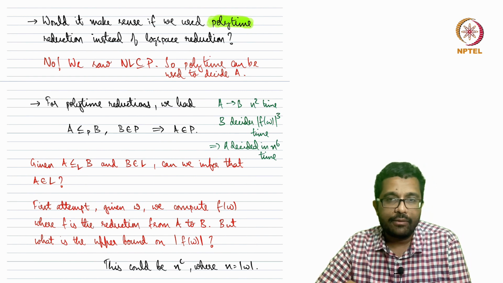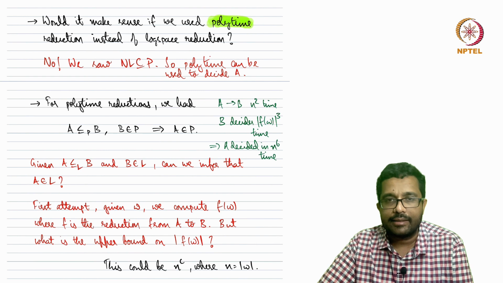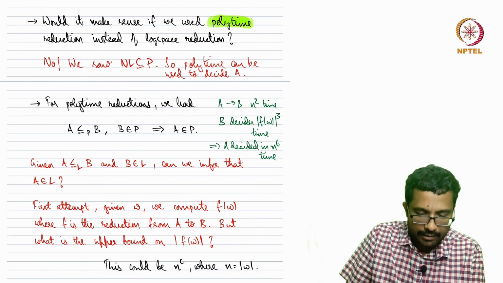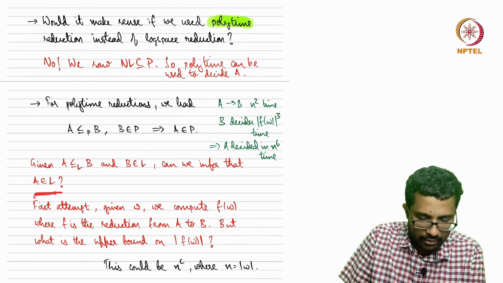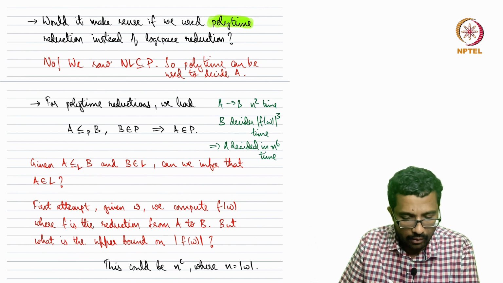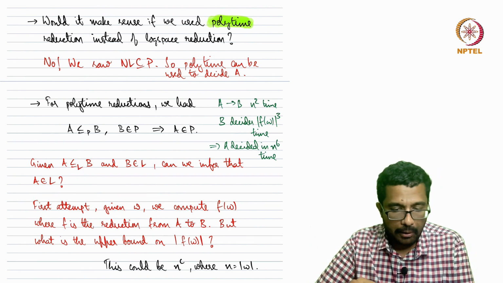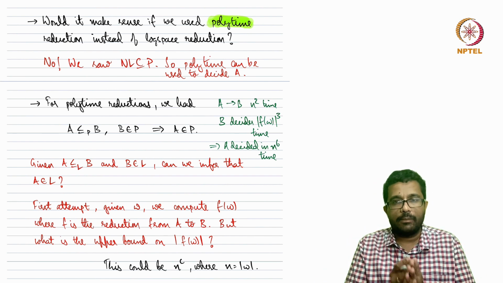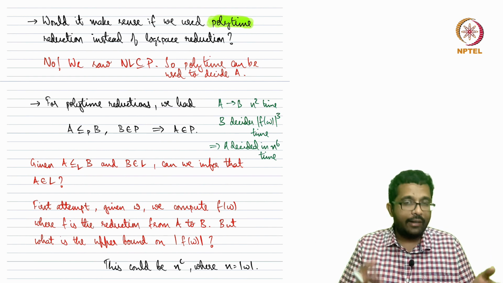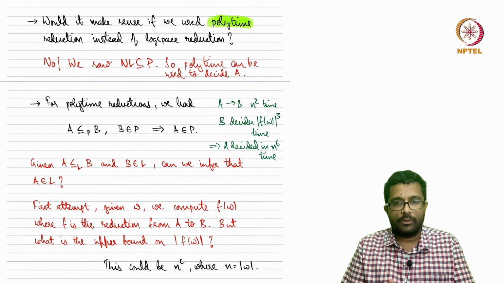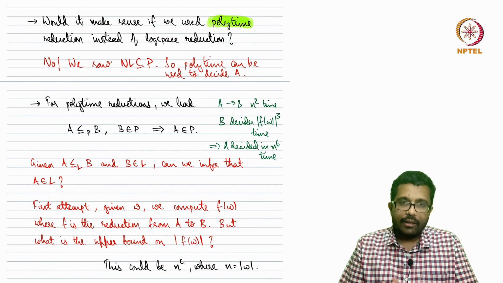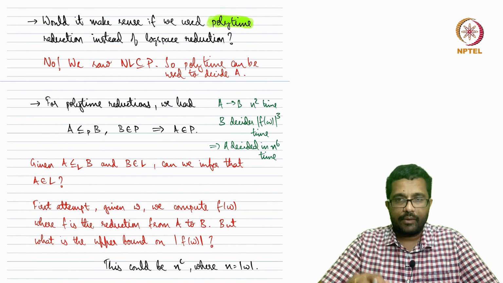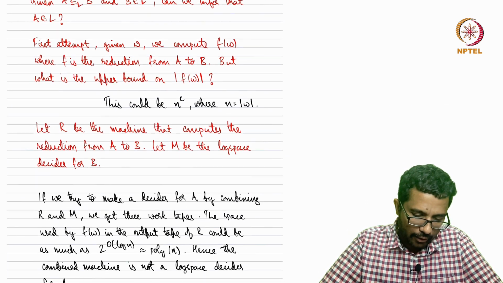Now can we say the same thing? Otherwise the reduction is meaningless, right? Given A reducible to B in log space and B is in log space, can we infer that A is in log space? So let us try to do what we did for polynomial time reduction. In polynomial time reduction, we converted A to B, we wrote the B instance, f of w, and then we ran the B decider on f of w, and then we gave the output, and we saw that the entire time taken is polynomial. So let us try to do the same thing for